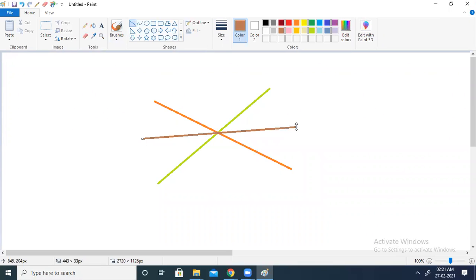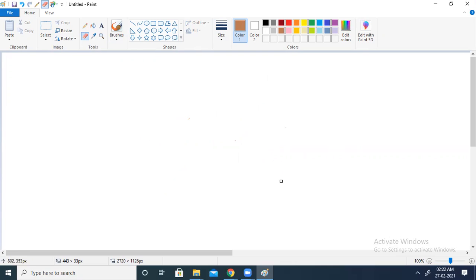Now suppose I want to erase my drawing. So what I will do? I will go to this eraser tool. From the eraser tool you select the eraser, then start rubbing if you don't want something. Like you are using your eraser, no? If you are writing something wrong using pencil, you use the eraser. Similarly in Paint we have the eraser tool to erase the mistakes we have done. So this is the way you can use your eraser tool.